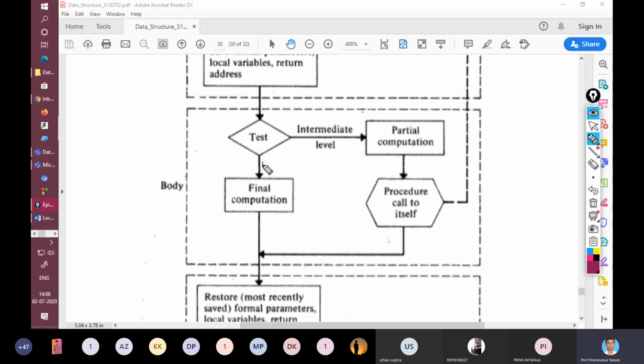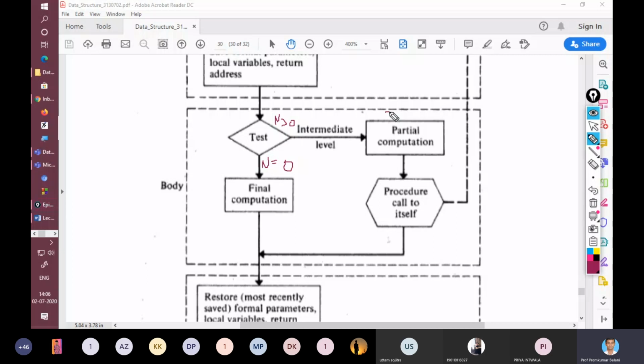We check if n equal to 0, that means a final computation. Otherwise, if n is greater than 0, right, then it is intermediate level. Then do the partial computation.